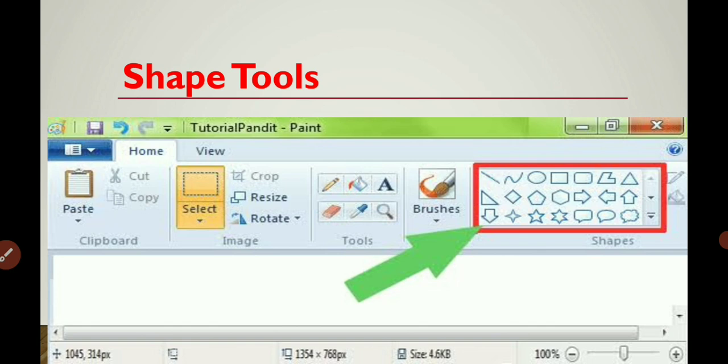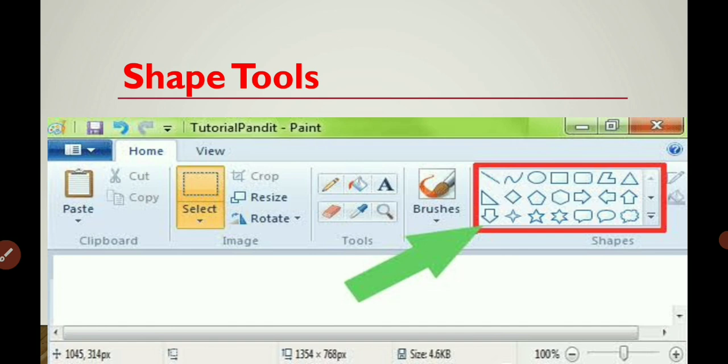Okay, you just select which shape you want. So just click the left mouse button and click the shape, and then go to the drawing area. Okay, go to the drawing area and then click and drag. Okay, click and drag, then you get the shape you want. Okay, so shape tools has many shapes. Okay, you can click and drag.